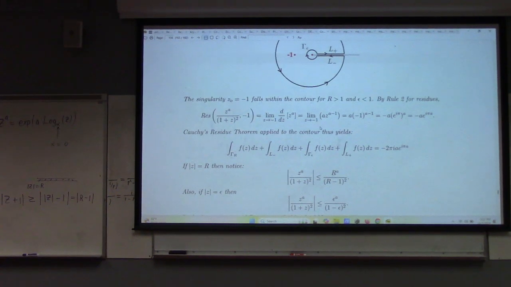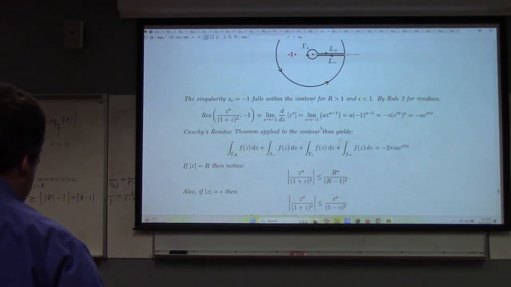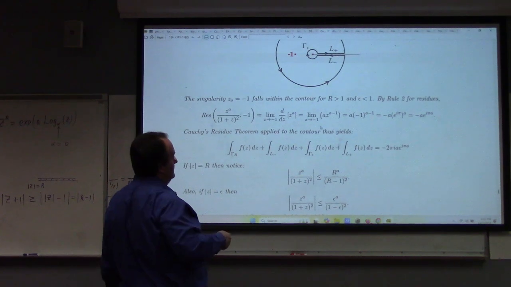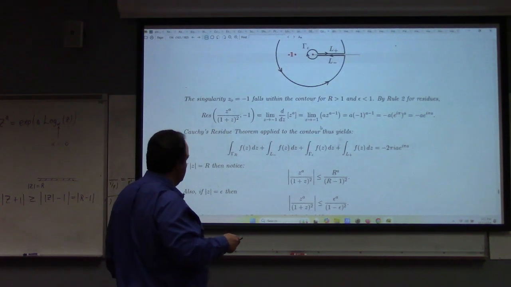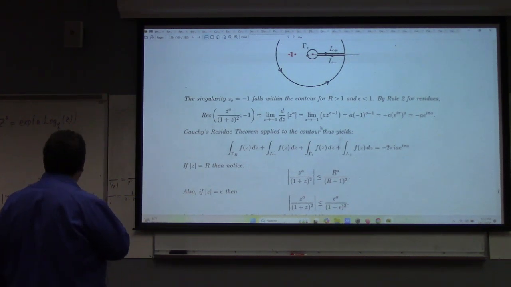Uh-huh. Oh, we'll find out. You actually wrote that almost wrong, where you said the absolute value of z plus 1 is less than. I might have written it wrong. Well,